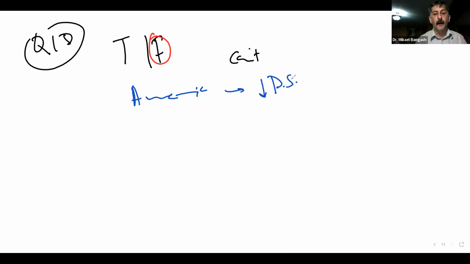Why? Mainly because when we say somebody is anemic, he or she has a low red blood cell count. And it is mainly the red blood cells